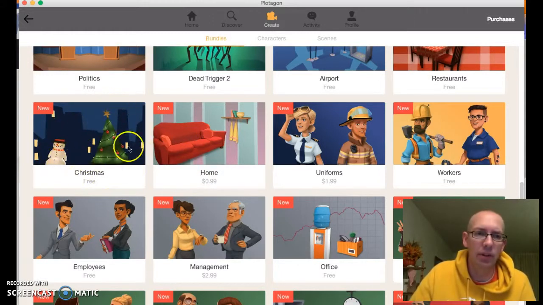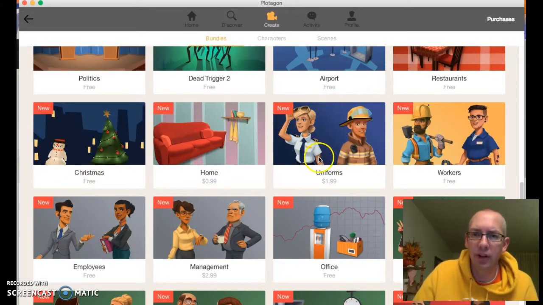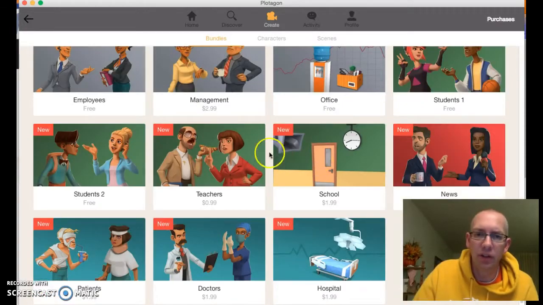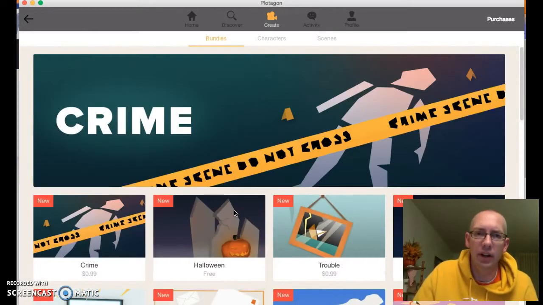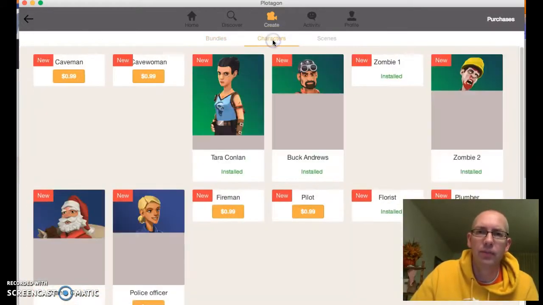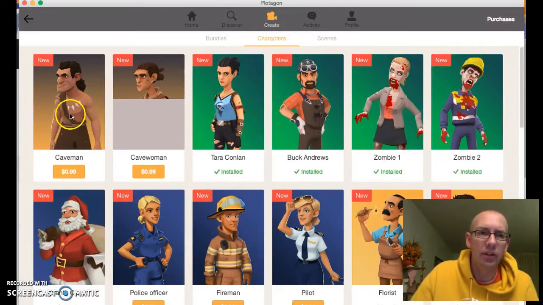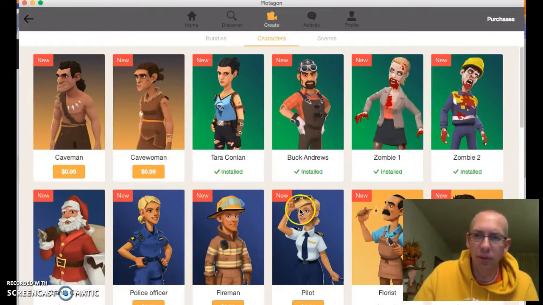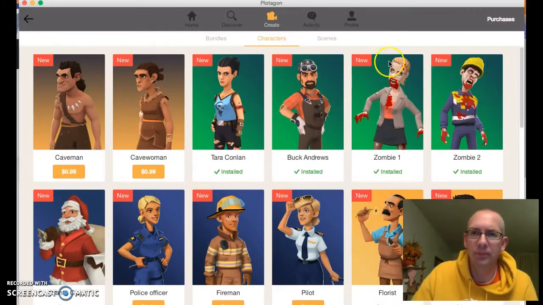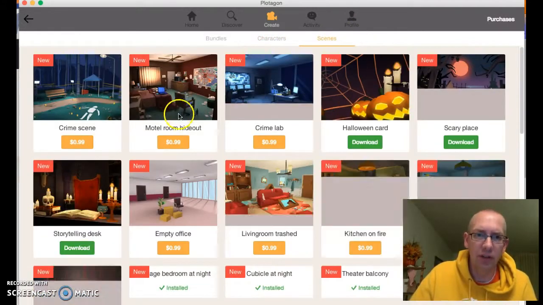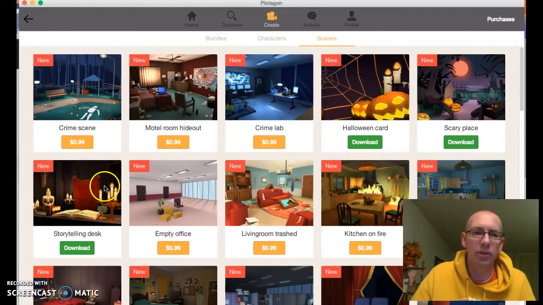The Christmas one just came out, it's new. There are different kinds of characters that they've created, so you can make students, teachers, school, hospital. There's a lot of different varieties of things you can do. They're always adding new characters to the program as well. And then the scenes have a lot of different options of places where you can have your